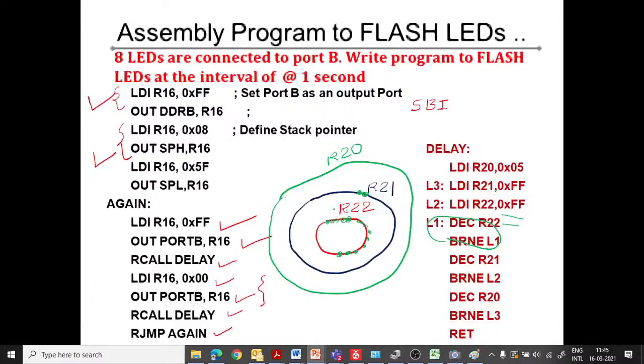So R21 will also count from 255 to 0, and whenever this loop is completed once, R20 will be reduced by 1. Initially R20 was 5, now it will become 4, then 3, and so on.